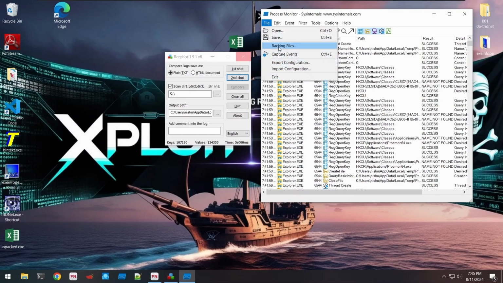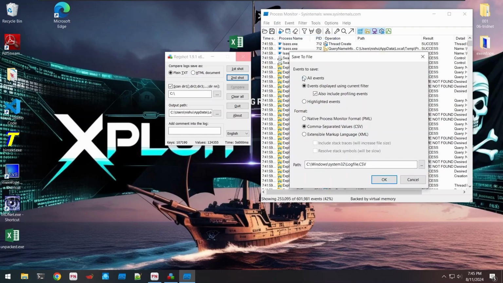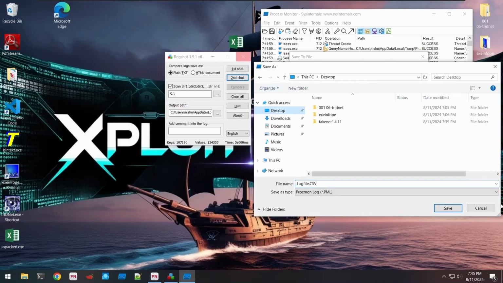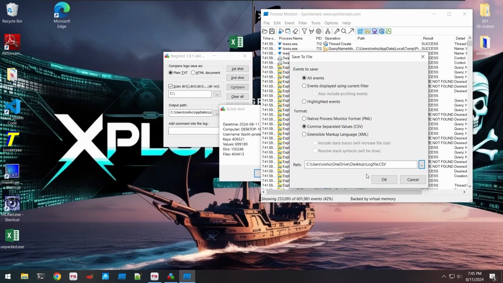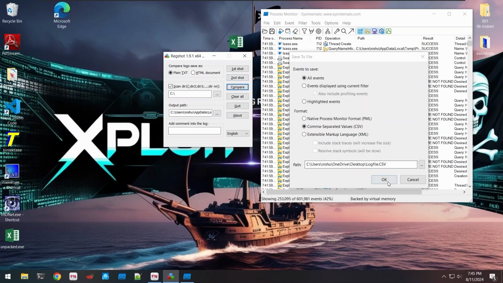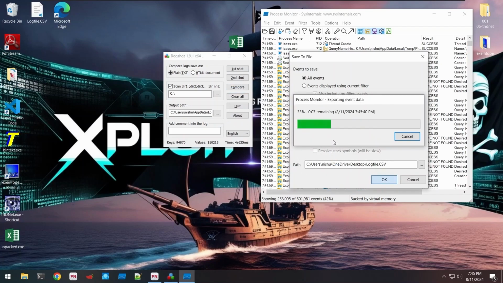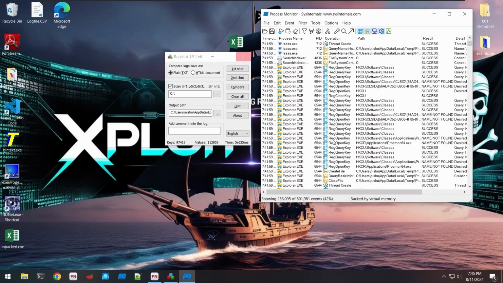I'll just save this into the desktop folder. So as you can see, the second snapshot has been done. For the comparison it will just take some time. In the meantime, we can just export that. We just exported our CSV file,